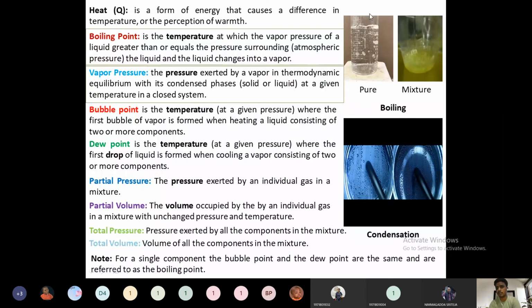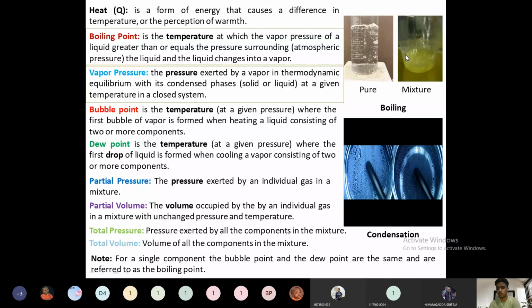So for the pure liquids, boiling point is equal to the bubble point is equal to the dew point. Okay, for the pure liquid, only one single liquid is there in the system, that is bubble point is equal to boiling point is equal to dew point. Whereas in the mixtures, the temperature at which the first drop of a bubble will appear from the liquid is called a bubble point. And the temperature at which the first drop of a liquid will appear from the vapor is called a dew point, or at which it condenses. The point at which the vapor will condense is called a dew point. The point at which the liquid will convert to the vapor is called a vaporization point or a bubble point.